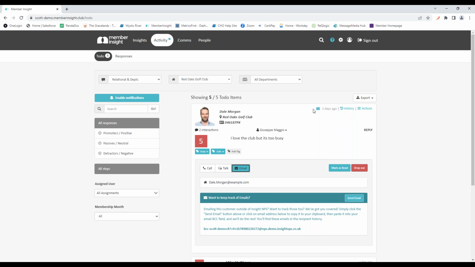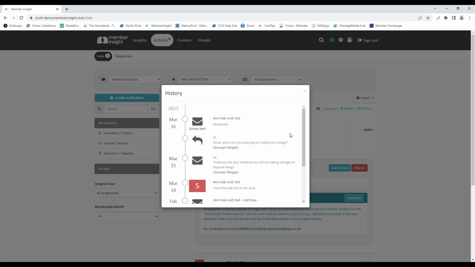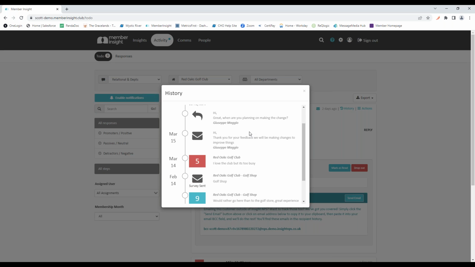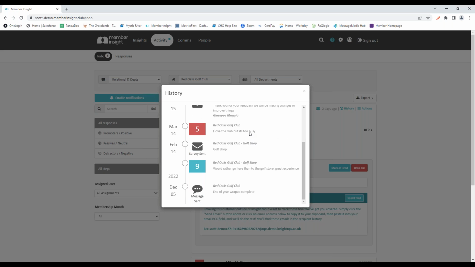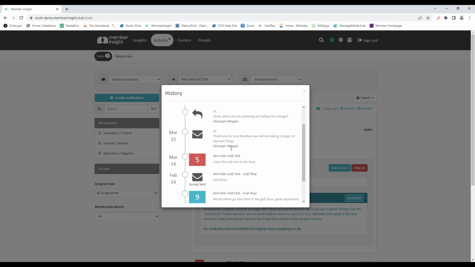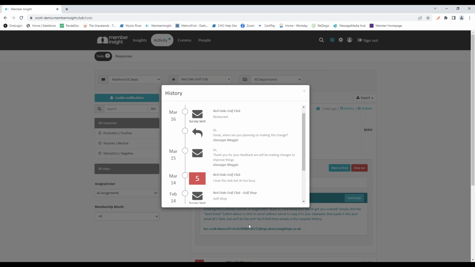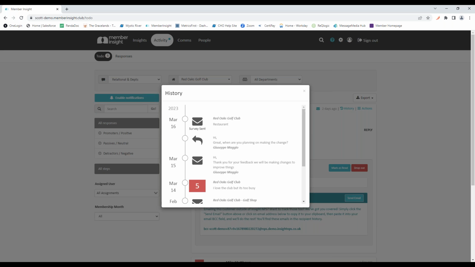This history tab up within the member. If we click on that, there's actually a small CRM system within MemberInsight. And what this is going to do is it's going to keep track of all your messages sent, all different scores that they've left for different surveys that they've responded to, and any messages that you've sent or notes that you've left in the system for you or other employees.